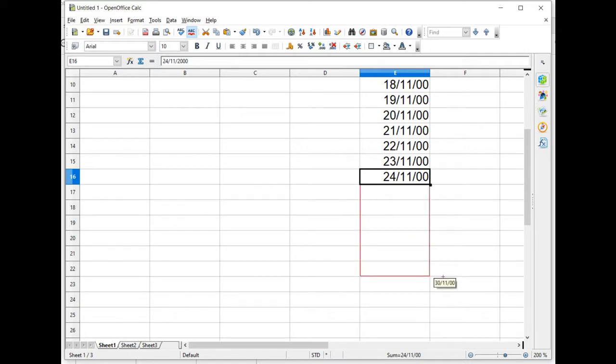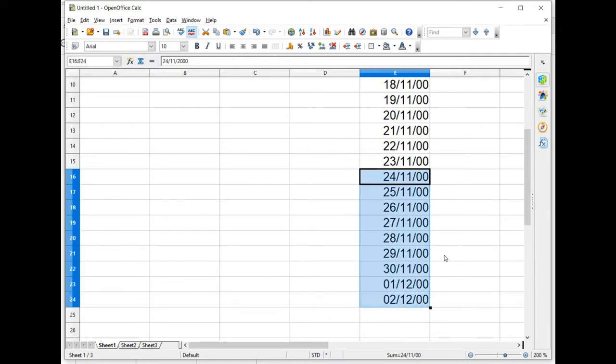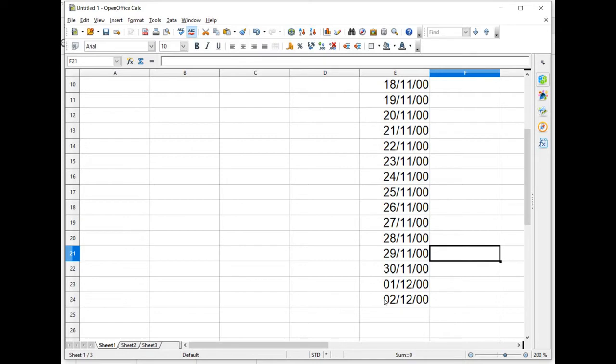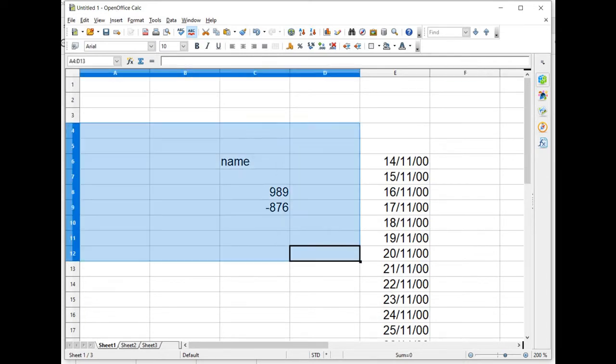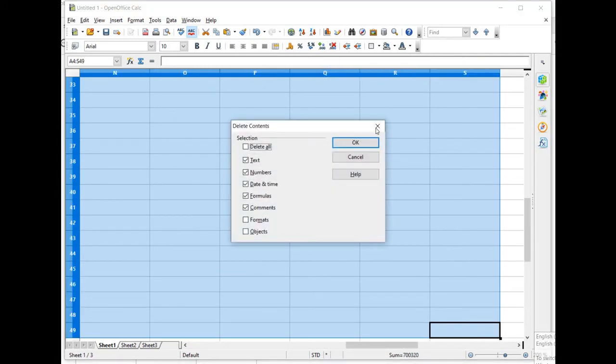So what will happen after 30? After 30, it is moving to the next month, 1/12. So you can do many things with the date. Date arithmetic is a different topic we'll see later. Just you have learned what data types you can enter in a spreadsheet: text, number, and date, as well as time. Many things you can enter.